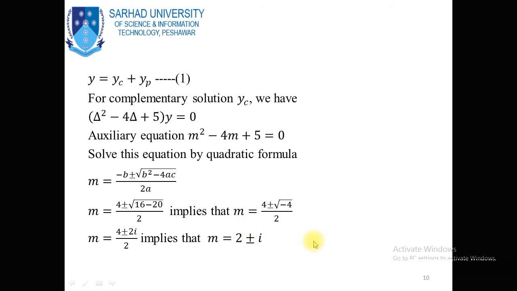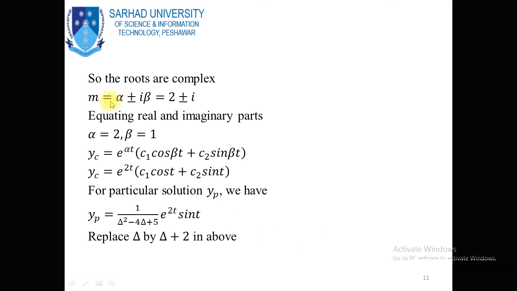Different and complex roots. In this case, we have the complementary solution e power alpha t into c1 cos beta t plus c2 sin beta t. The value of alpha is 2 and the value of beta is 1. So putting the values of alpha and beta, we have the complementary solution e power 2t into c1 cos t plus c2 sin t. Now to find the particular solution, we apply the inverse operator upon e